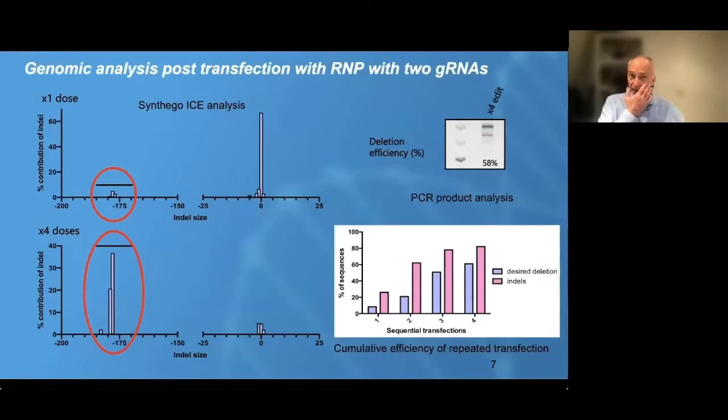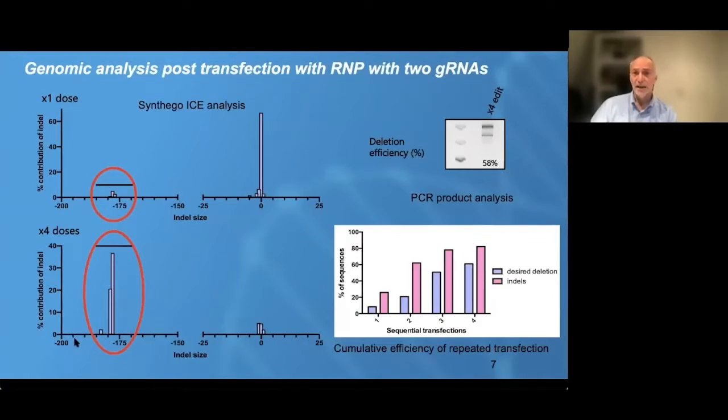So the first experiment involved the transfection of basal epithelial cells that contain the specific mutation. And we designed guide RNAs and optimized those initially for efficient activity at their specific target sites, and then combined them to create the targeted excision. And so we sequence the